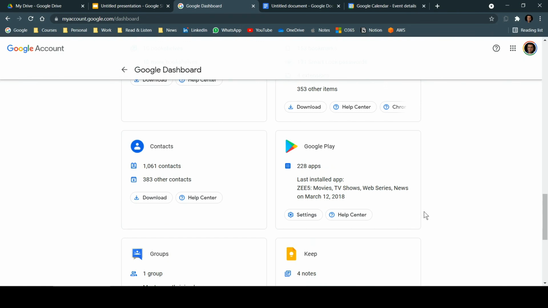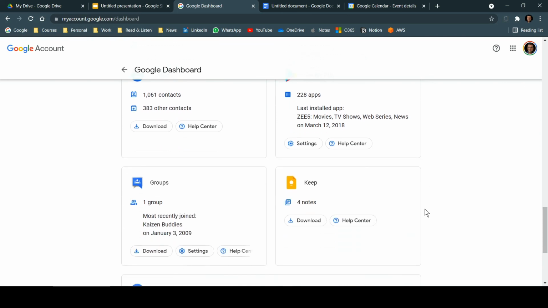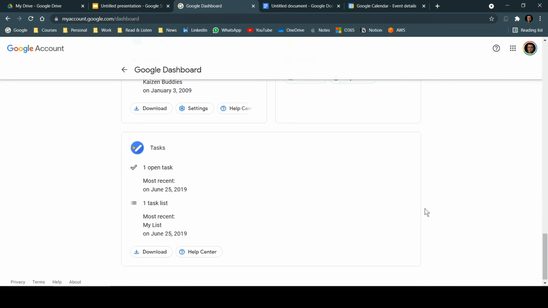I must gray out some of the things so that I can maintain my privacy. But you can definitely check from your system and you can go to this particular link and you will be able to find out multiple different things which you may not be aware of, which are already available with Google from your end. Hopefully all these tips were helpful and you will be able to utilize them.